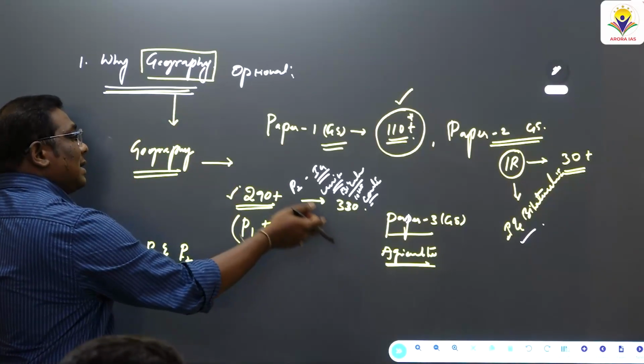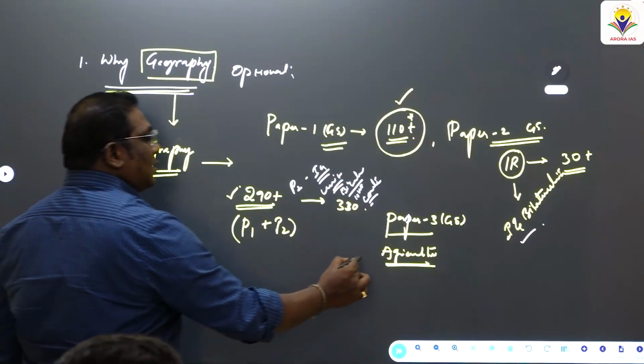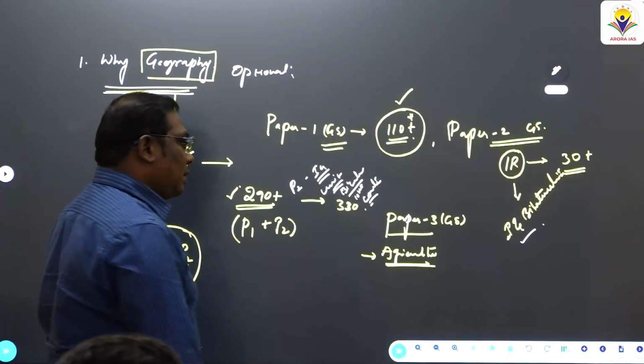Not even general studies covers agriculture in such depth. So here we will see the deeper areas of agriculture, so that this portion of paper 3 general studies has already been covered. No need to study that separately. Not only that,